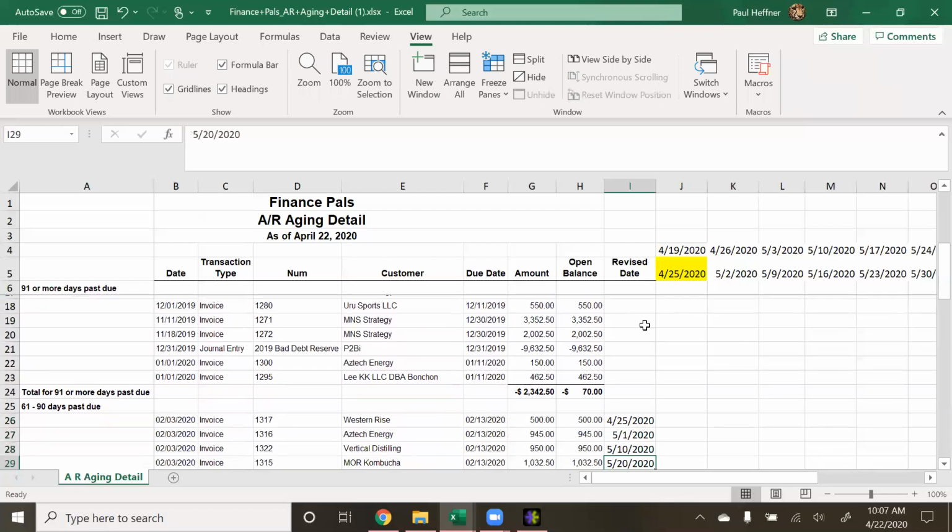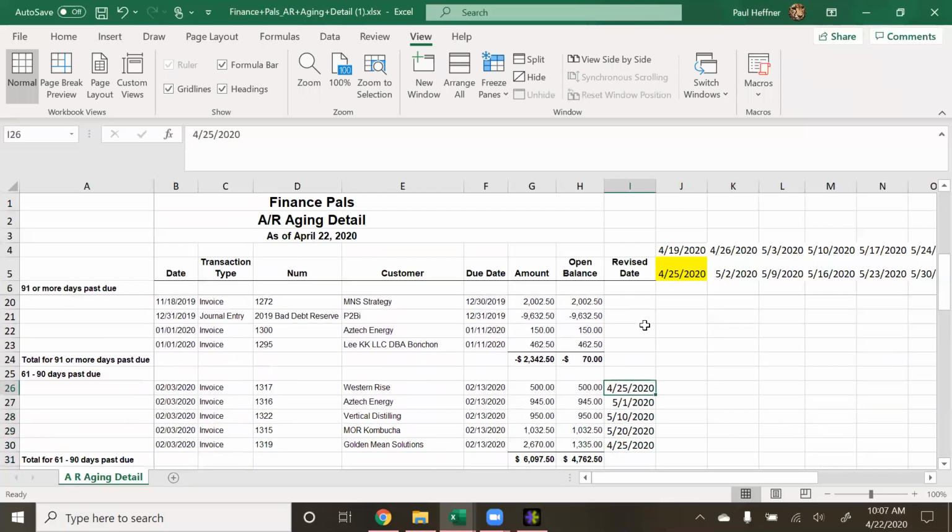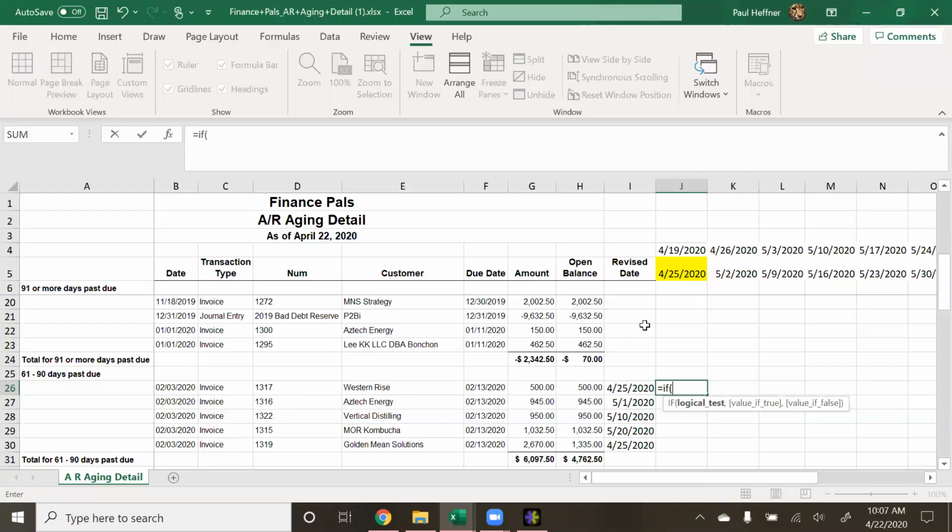So what we want to show is, say, hey, this customer said they're going to pay this day, this one's this day, and we want to basically say how much money we are going to have coming in from AR. So we're going to write a formula: if this is less than or equal to the date,